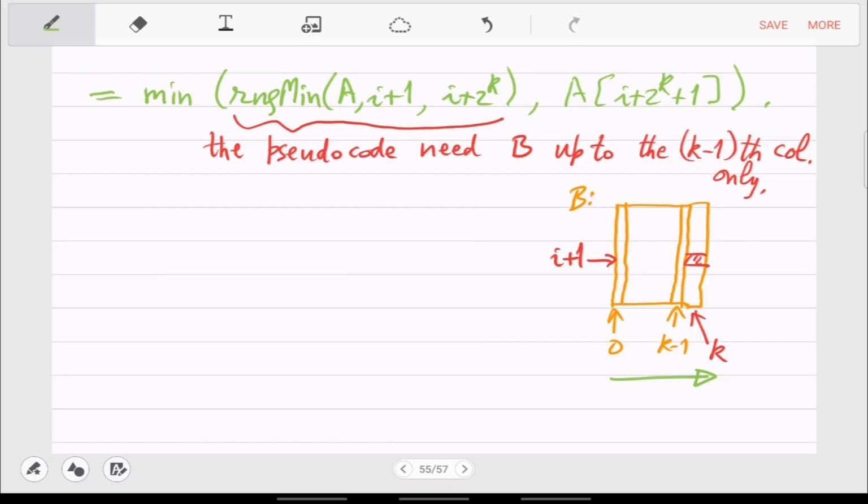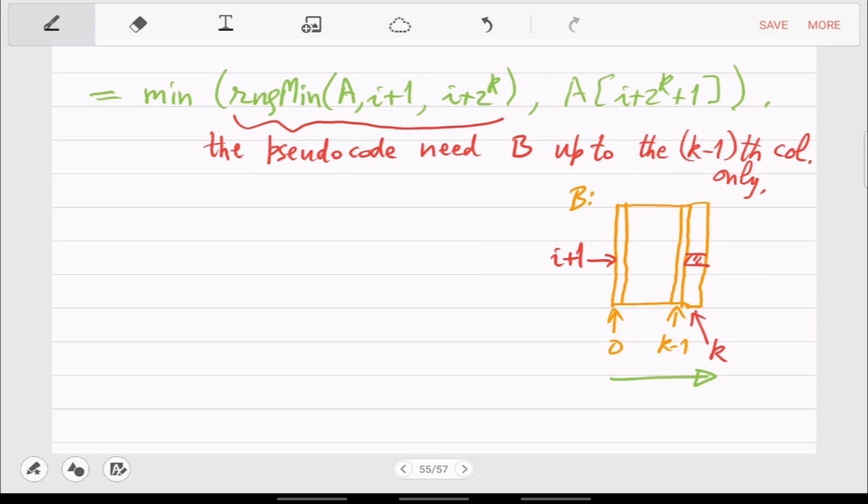So the calculation will go forward using this idea. You will calculate the 0th column of B, which is linear time, and then using this you will calculate the first column, then using the first two columns, the third column, and so on. So this is the trick. We gave a pseudocode assuming that B was completely calculated, but now to calculate B itself, we observe that the pseudocode actually works with a very small B. So you work with small B, then make it bigger, and so on. The pseudocode helps you to pre-process and build B itself.